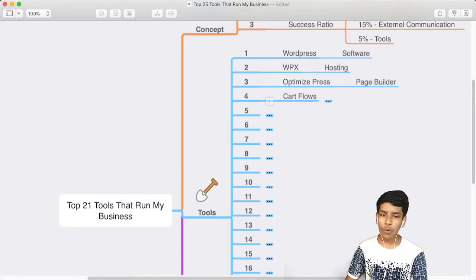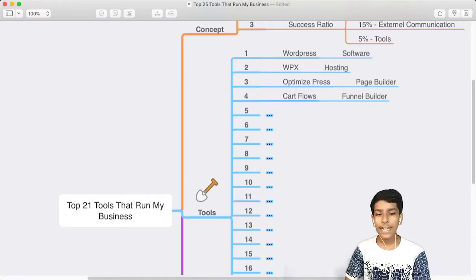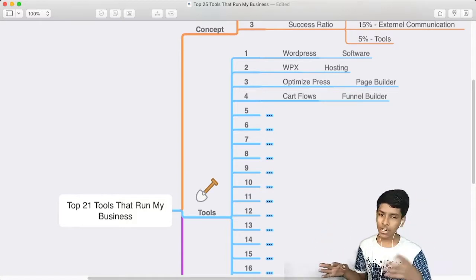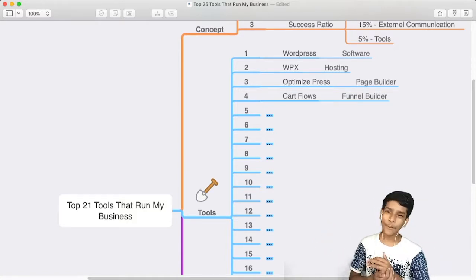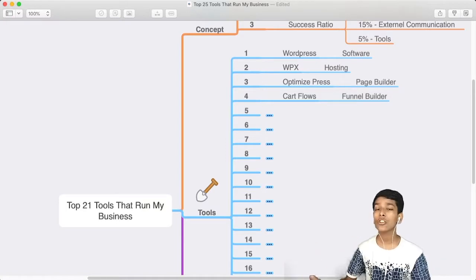The fourth tool is Cartflows. Cartflows is also an alternative to ClickFunnels, only for WordPress. It is a funnel builder. Cartflows uses Elementor, not OptimizePress. So if you are feeling bad about this, yeah, this is the truth. But Elementor makes your game better as well.